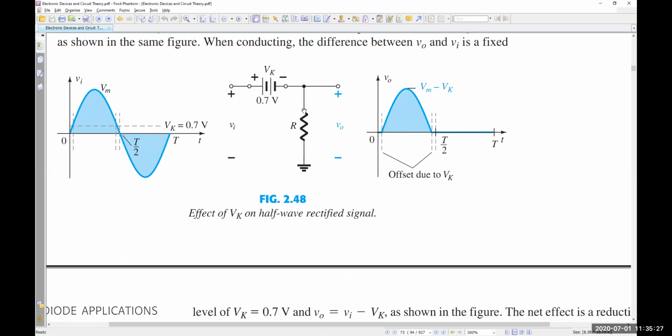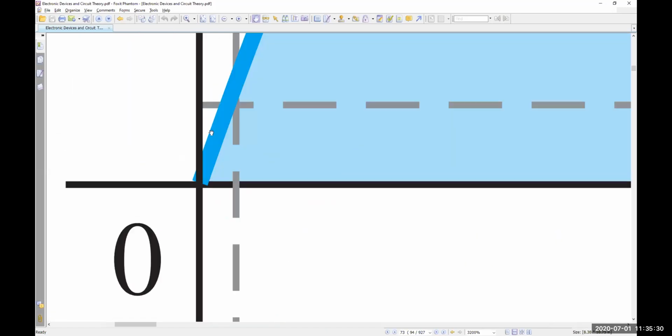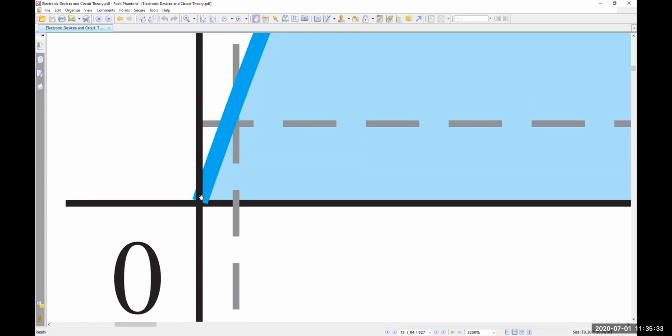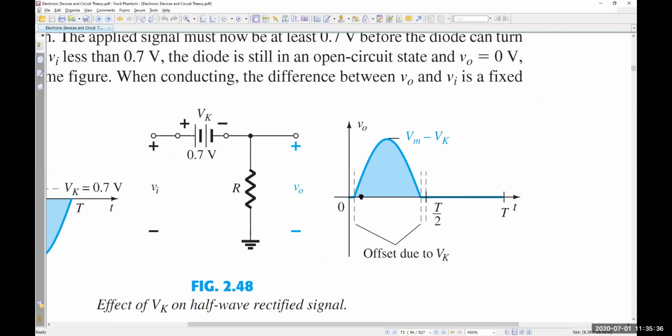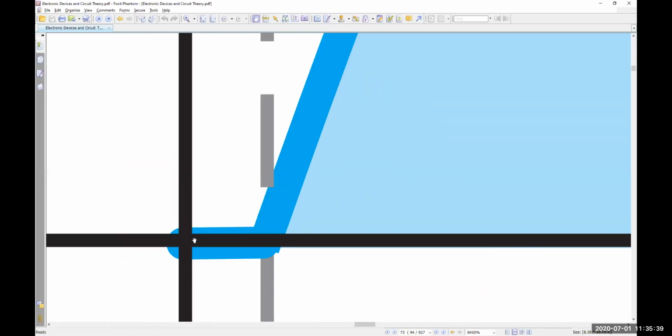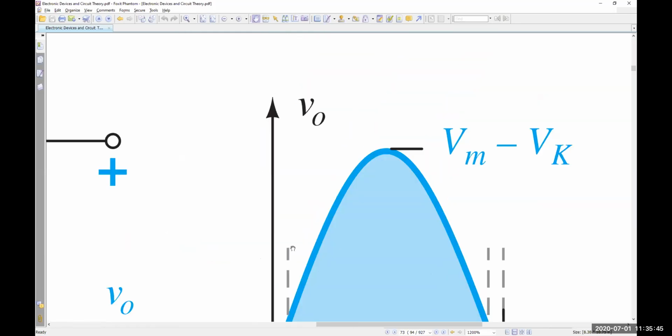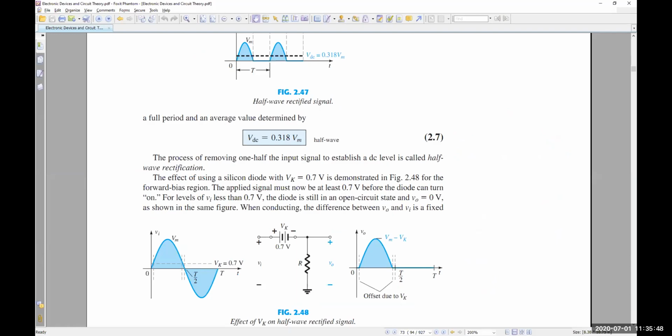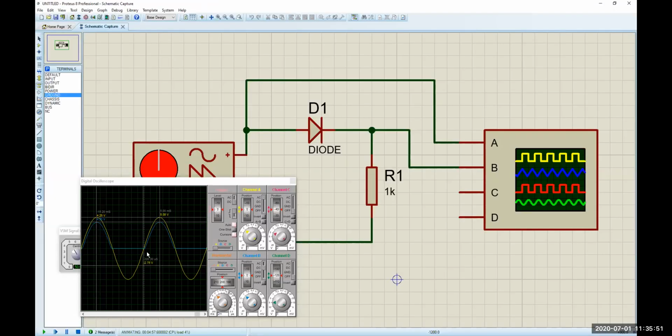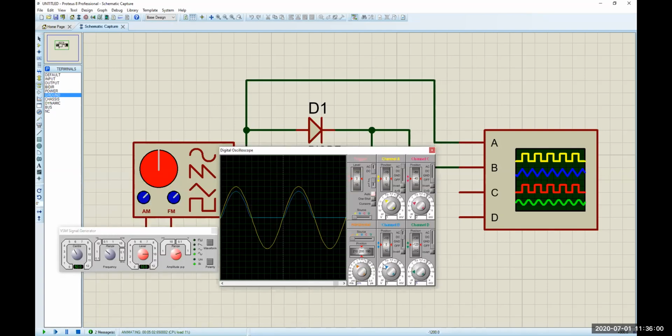Yes, sir. Okay, let me show you something. Here, your input starts from this point, right? Yes. Here, your output starts from this point, right? A bit later, right? Yes, sir. Okay. Here, can you see your input? Your input is there, your output starts from a bit later. I cannot zoom it. Okay, I can zoom it actually. Can you see your output starts a bit later?